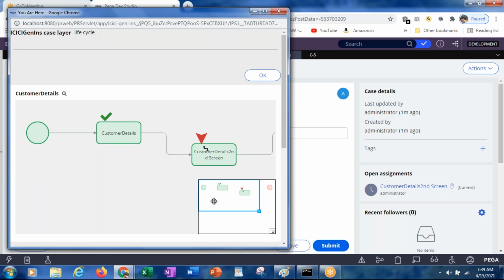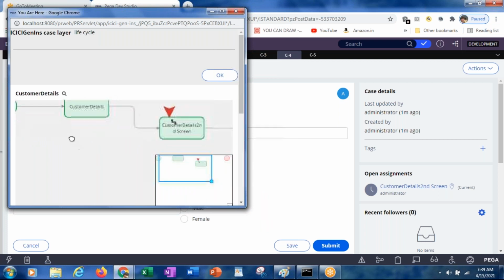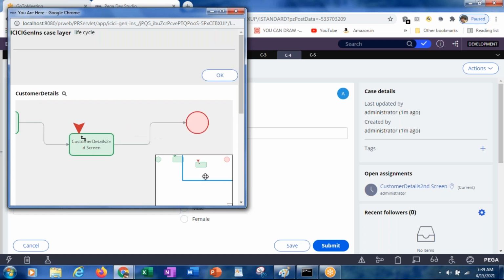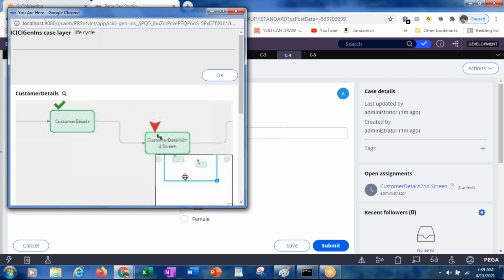Sometimes the screen is very small. If you cannot see it, you can move the screen like this, either from here or here. Here also it is showing the preview of the particular flow.